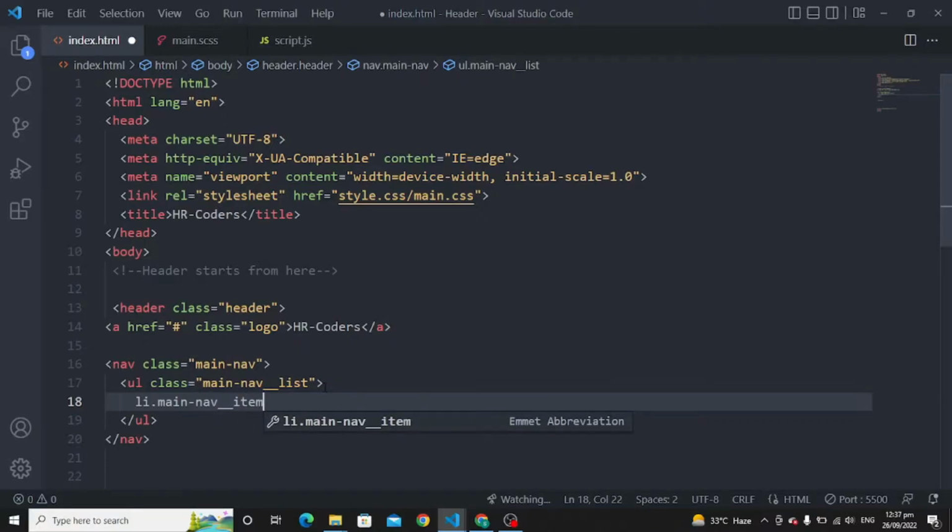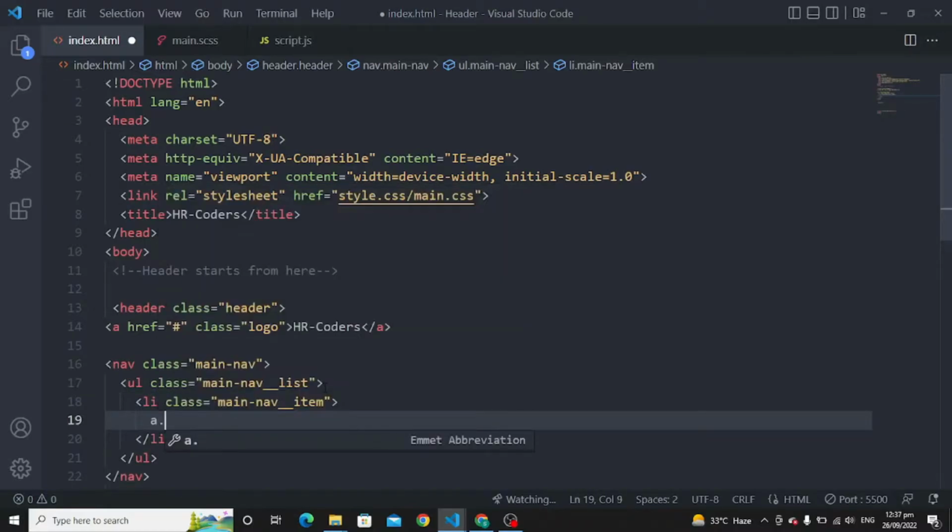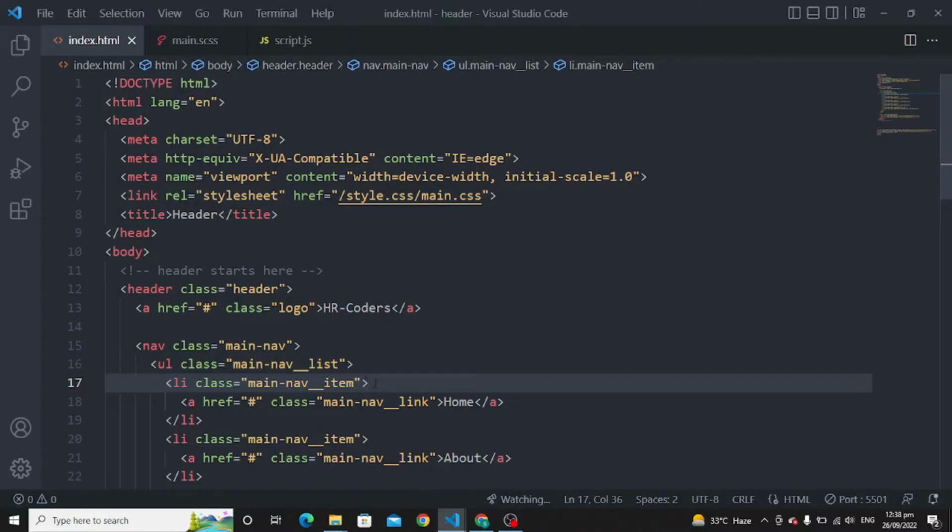item, then enter. And in this, we are going to use an anchor tag with the class of main nav link. Okay, and we don't want to send it anywhere, so we are going to use the hash, then tab it, and then here we can write home. Okay. Then this will appear here. As you can see, this will appear here. Okay. Then in home,